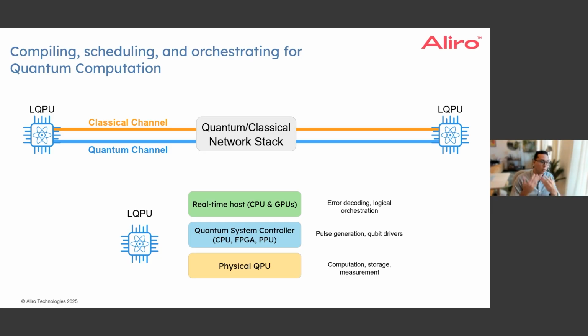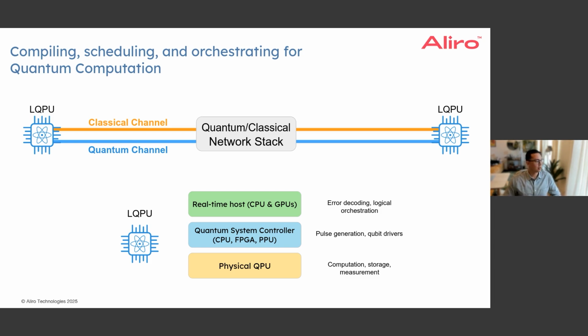We're going to need, of course, quantum channels, these photonic optical fibers, to connect the logical QPU units. And of course, as I mentioned before, there's all the classical networking we need to communicate the measurement results, but also instructions, schedules, and different classical signals that we need to coordinate. So we have the quantum and classical network stack in the middle here in that diagram, but I did want